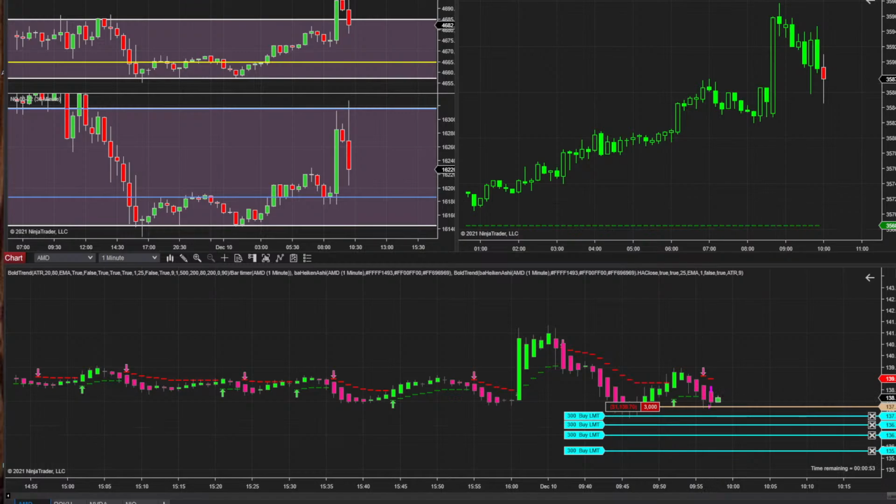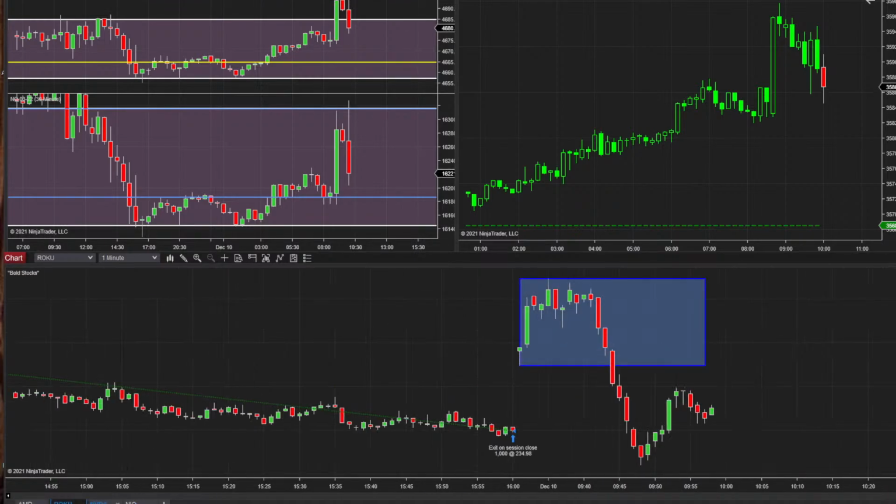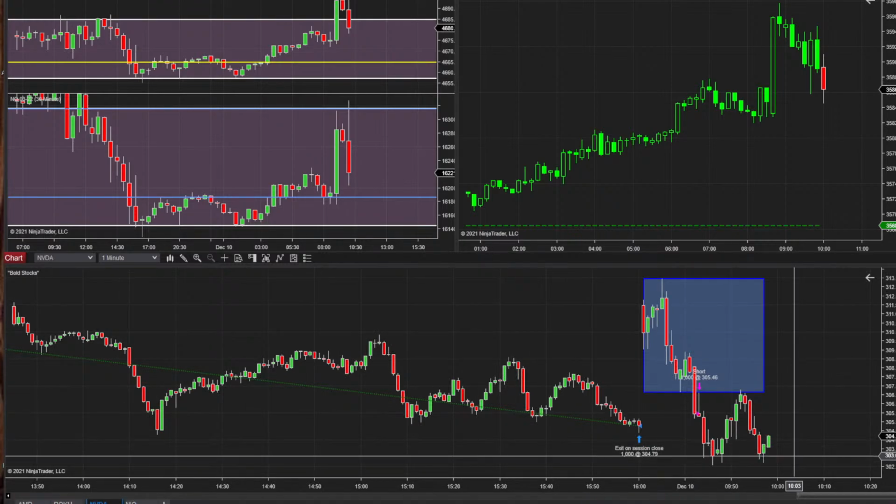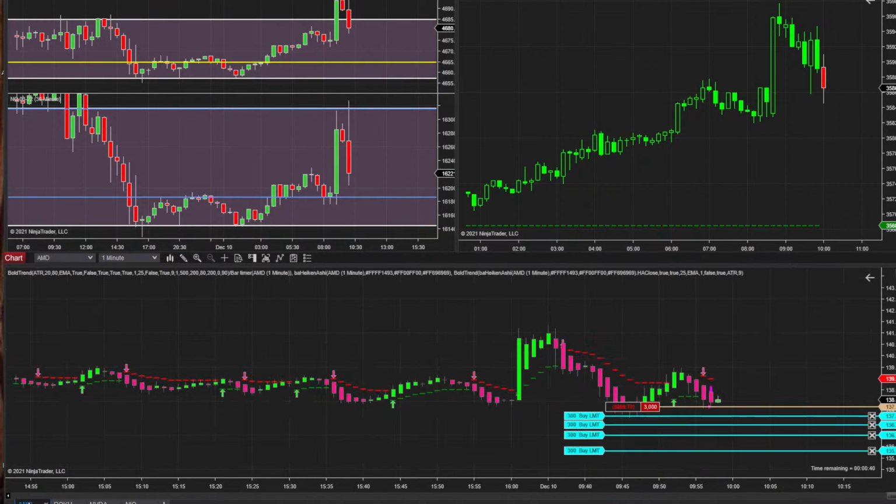Seems a little choppy today. Market's not sure what it wants to do, but most of it seems like it's pulling down. So the overall momentum on these other stocks seems to be... We're getting a little bounce here, but see if we can continue moving down, especially with this AMD. The low one this morning was 137.20.